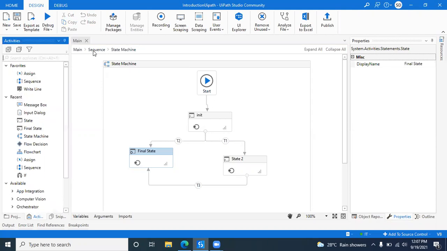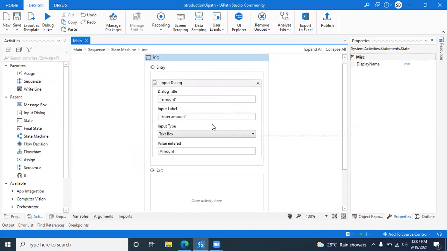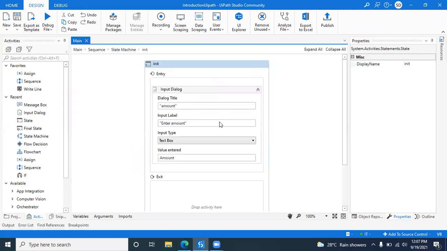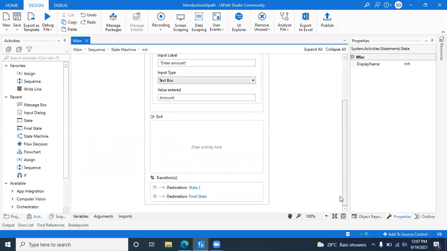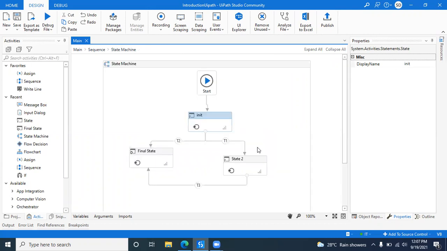Simply, I have taken this state machine activity and whatever states I want, I have taken. There are 3 different blocks available in any state machine. First one is entry, second one is exit, and third one is transition. Don't worry about the transition, because transitions are how you connect your blocks. Second and third thing you don't worry about.